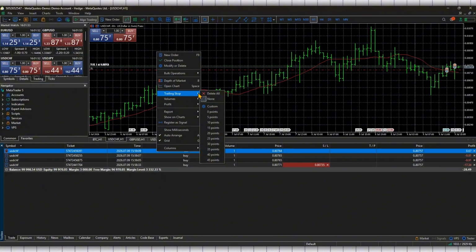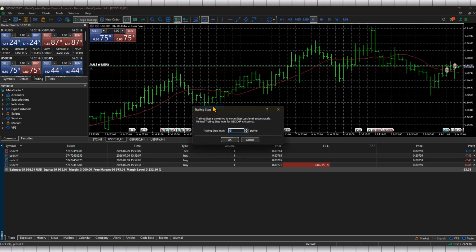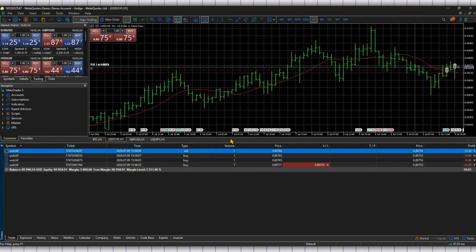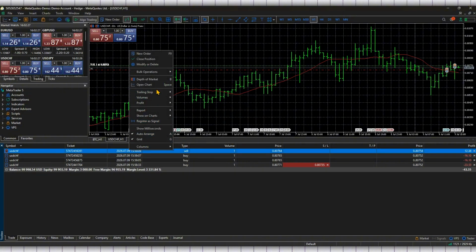The distance you choose will determine how closely the stop loss follows the market price once the trade moves favorably. You'll notice that some preset distances are available, such as 15, 20, or 50 points. These presets offer a quick way to set a trailing stop to a standard distance. If these options fit your trading strategy, simply click on the distance you prefer. For example, a smaller distance may protect profits faster, but it can also close the trade sooner during normal market movement. A larger distance gives the trade more breathing room, but it may also give back more profit if the